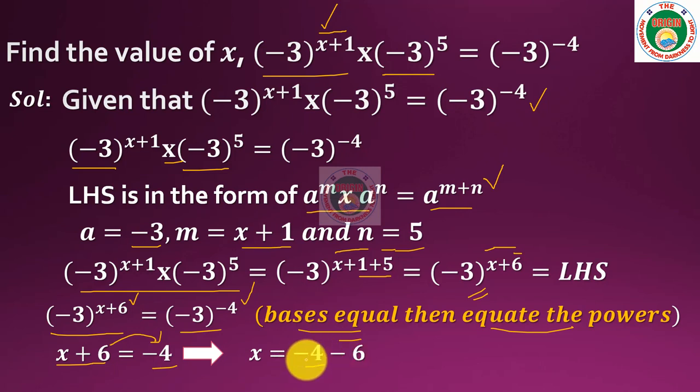These two numbers have the same sign, so you should add them. What is the resultant sign? Minus. 4 plus 6 is 10, and the given sign is minus. That is why x = -10. This is the x value. Whatever the expression is, we have the rules. You should decide which rule is suitable for the given problem, apply that rule, and then simplify the problem. Then you can easily get the answer.